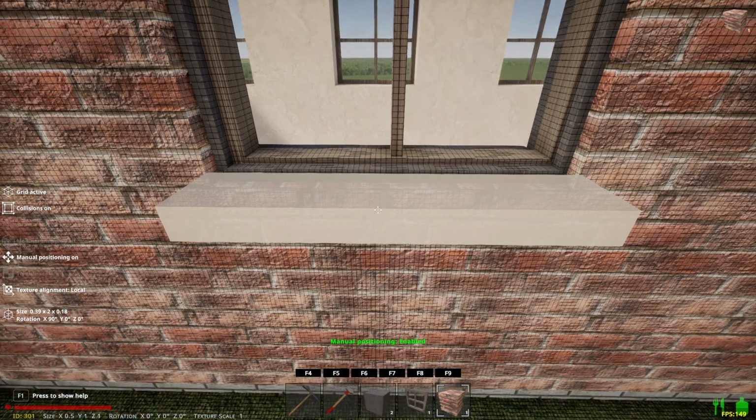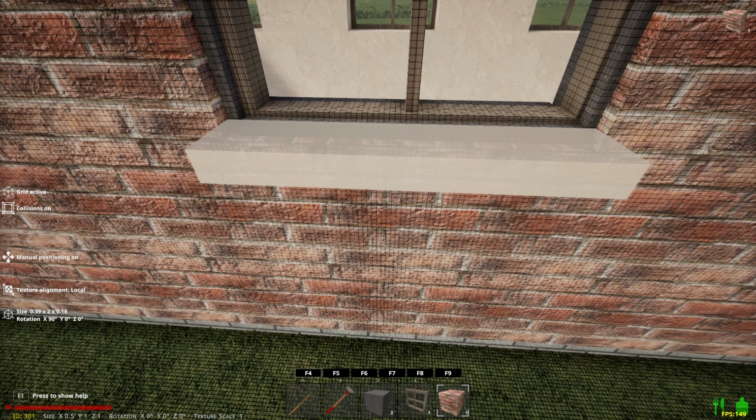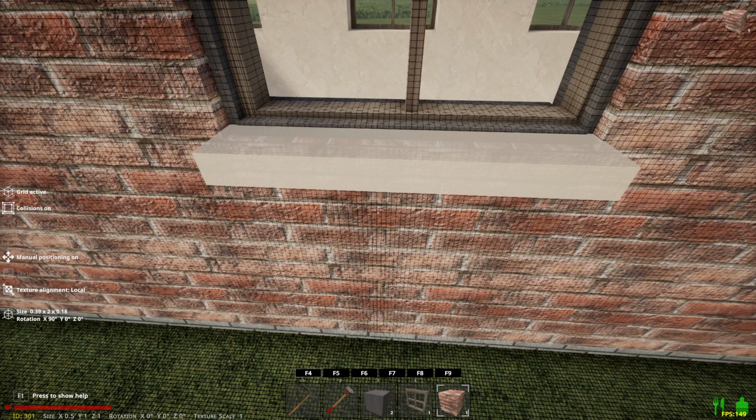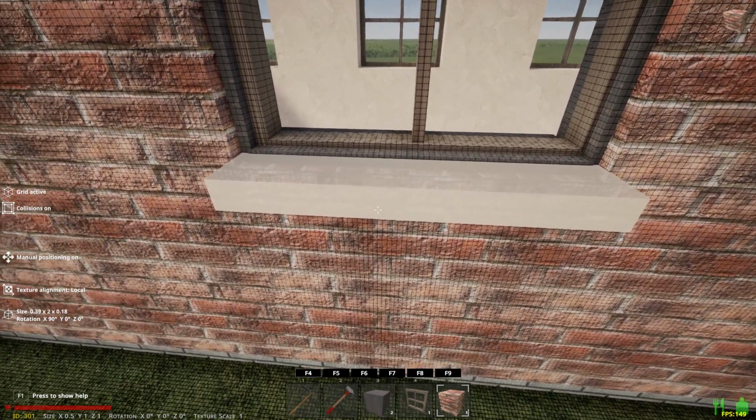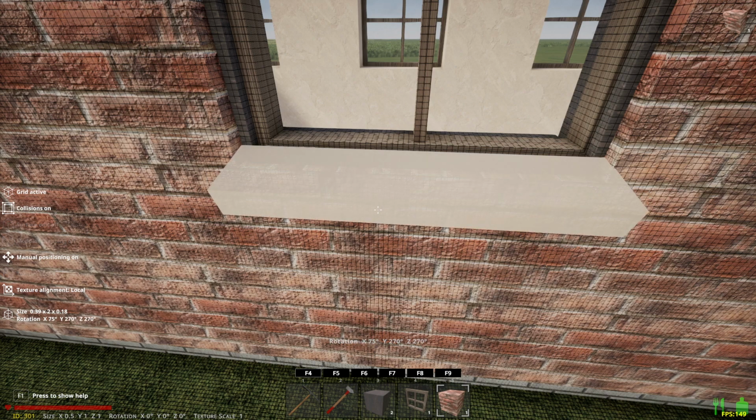I'm going to hit Control. I'm going to push it in. I'm going to bring it down just a little bit. Okay. And then I want to, because I've got manual positioning in place, I'm going to hold down the right control button and then try and figure out how to rotate it. Every arrow until it works. Okay, so that is